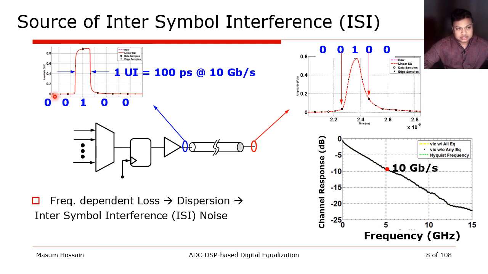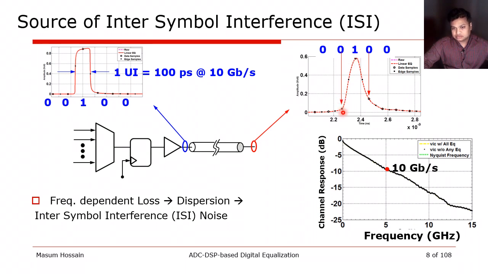Here zeros are represented with 0 and 1 is represented with VDD, which happens to be about 900 millivolt supply. This pulse, due to frequency dependent loss, is going to get dispersed on the receiver side. The first few things that we observe here is that the pulse amplitude is reduced, and these sharp transitions have disappeared. But the most important impact is that this one has spread such that some of its residue appears before